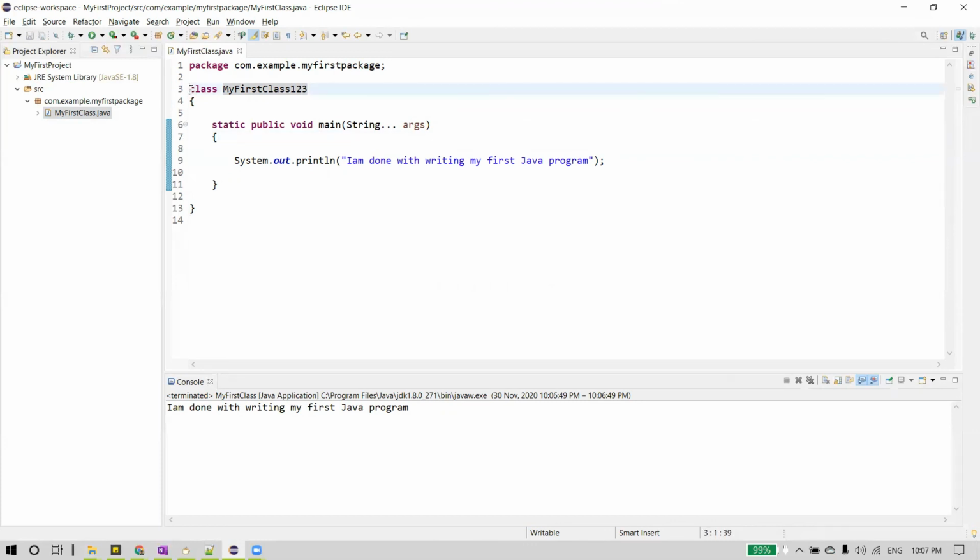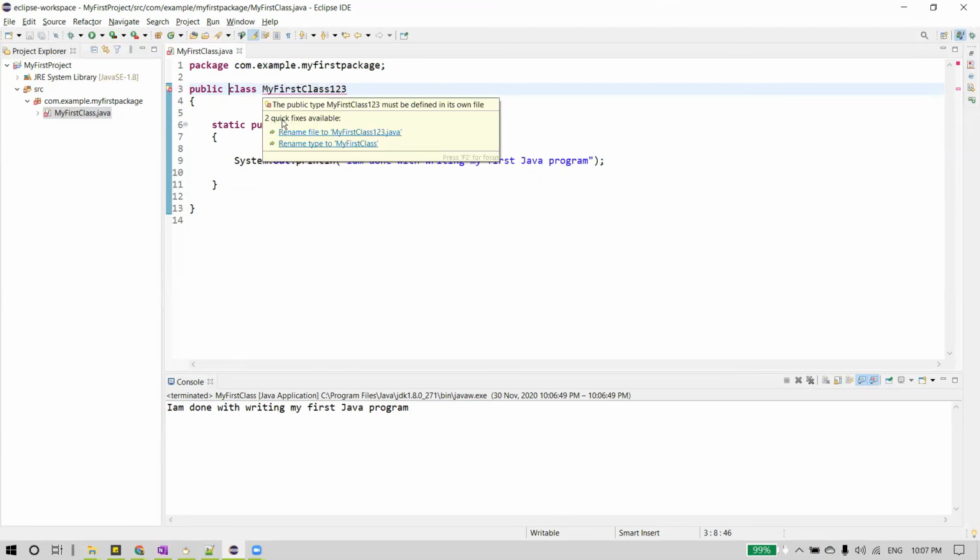Now if I make it public, let's hover on the red line. The red line is saying there is a compilation error. So let's see what the error is. When I hover on this red line, that's the beauty of the IDE. That's a compilation error, and it is also showing you what the error is. The public type MyFirstClass123 must be defined in its own file.